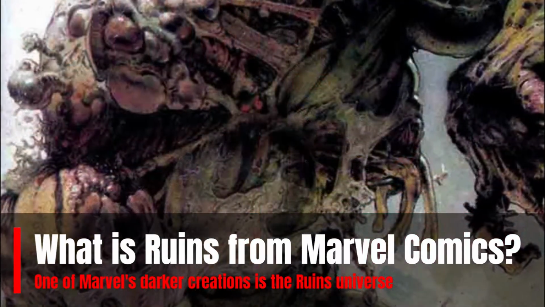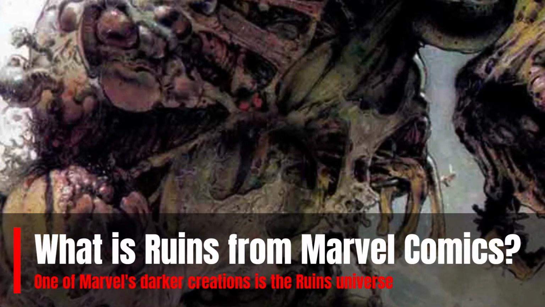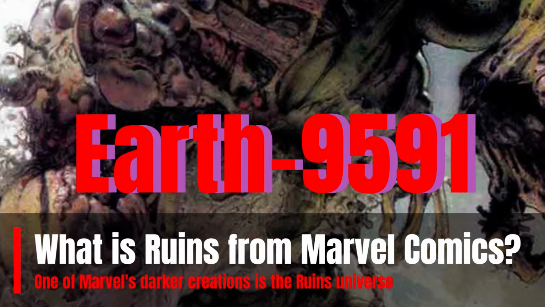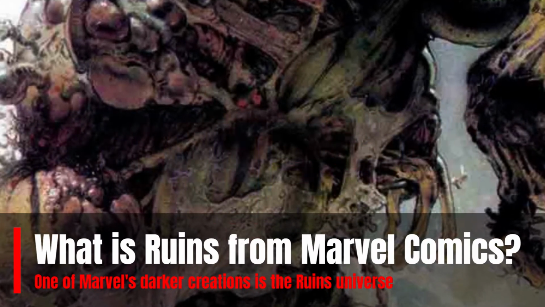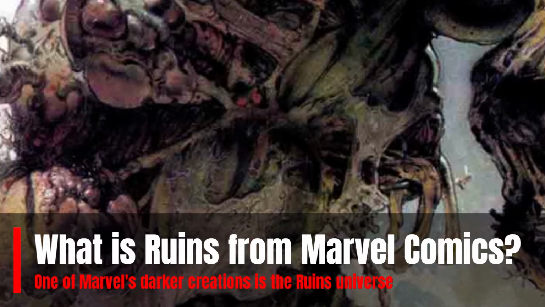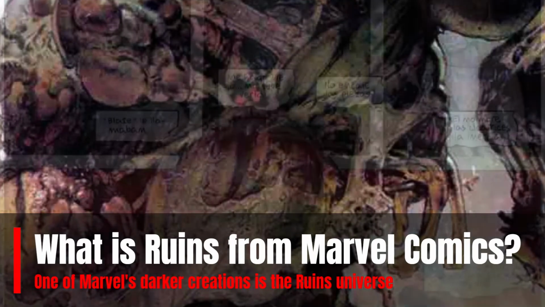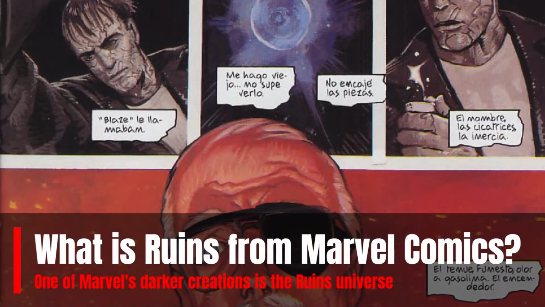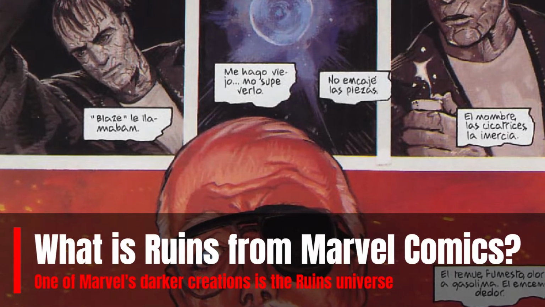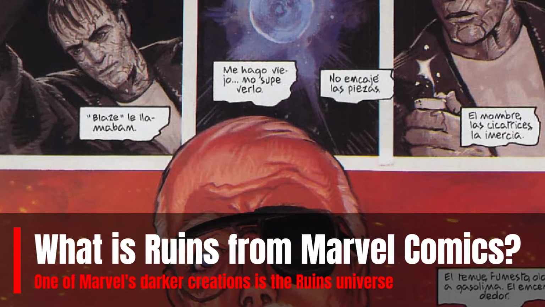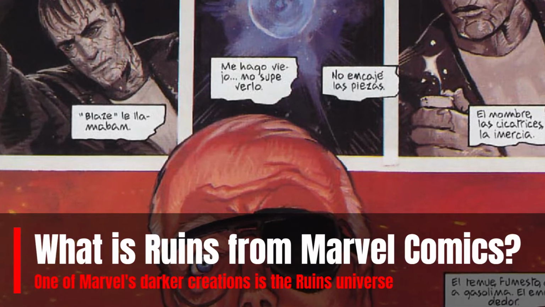Warren Ellis penned the comic book series Marvel's Ruins, which was illustrated by Cliff and Terese Nielsen. The comic is set in Earth 9591, which featured a bleak world stripped of all hope as well as a radically different version of our superheroes. This parallel reality was created by author Warren Ellis as a mockery of Earth 616. Some of our favorite superheroes now have entirely new origin stories that are depressing and devoid of anything that even closely resembles the heroes we know and love.